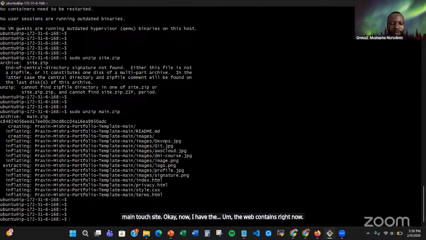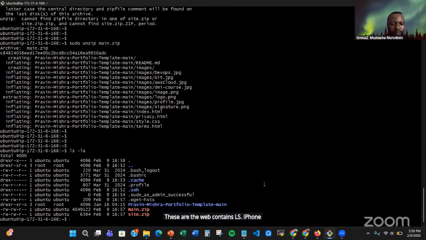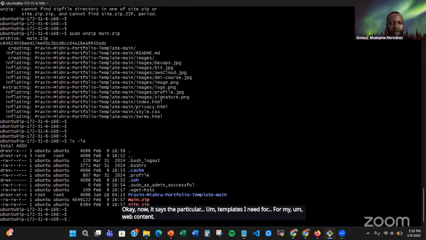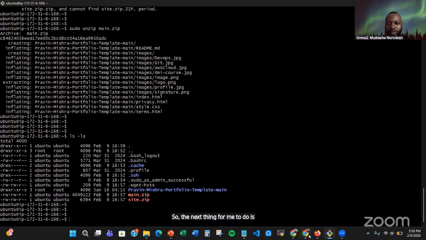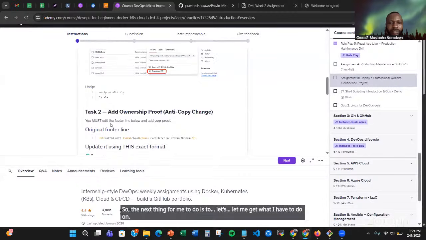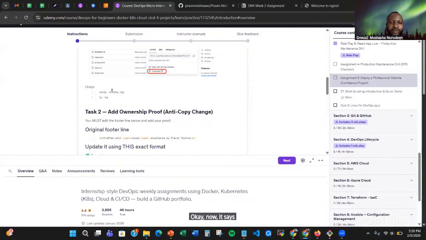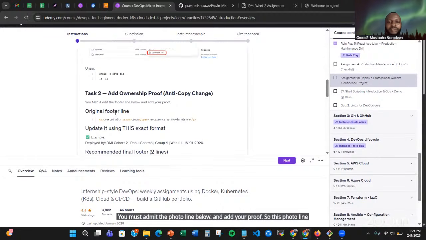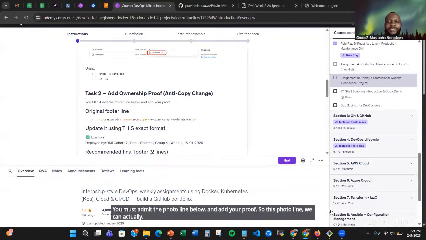These are the web contents. ls -lah to list what I have. Okay, now this is a particular template I need for my web content. So the next thing for me to do is to check what I have to do. And okay, now it says we've actually completed task 1. Task 2 says add ownership proof. You must edit the footer line below and add your proof. So this footer line, we can actually find the footer line inside